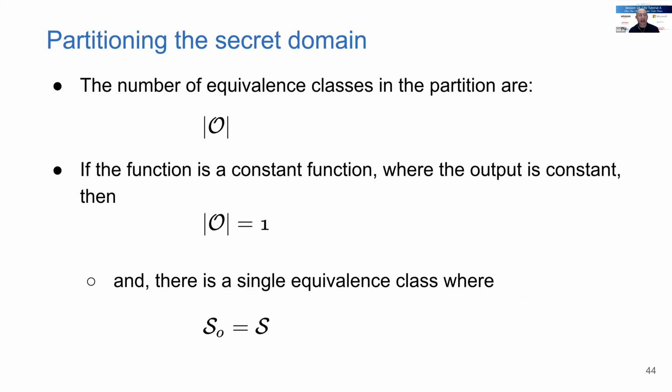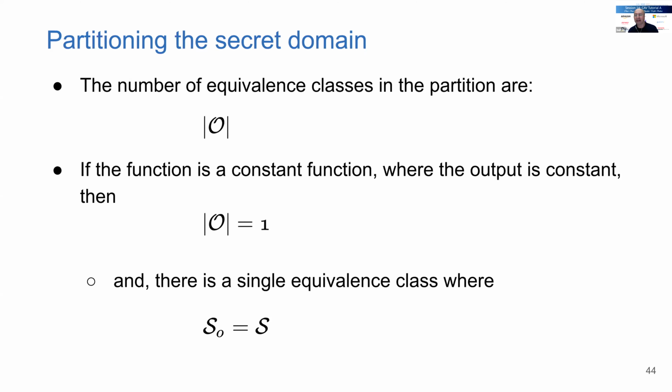So now, here is the interesting thing. What is the domain size of the output, right? So assume that the output has 1 value, right? It's a constant, let's say execution time. Let's say it's constant. It doesn't change. Whatever the secret input is, it remains the same. Then I'm not partitioning the equivalence relation, all the secret values are in the same equivalence class. So I gain no information by looking at the output. If the output is constant, I cannot gain information about the secret.